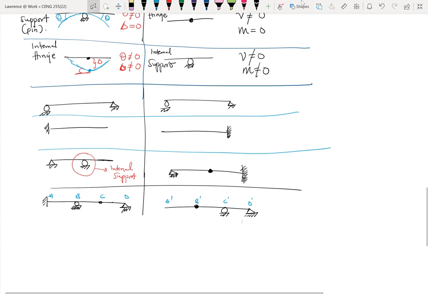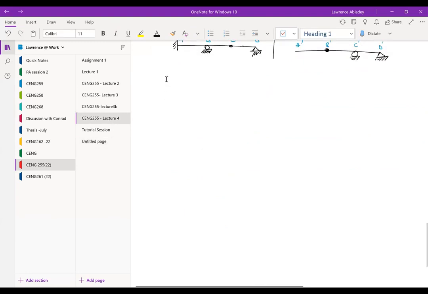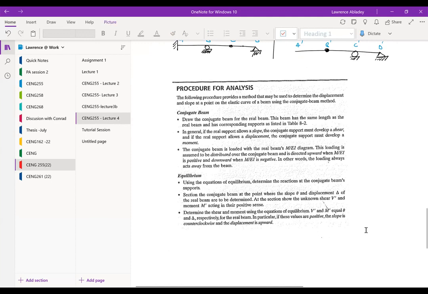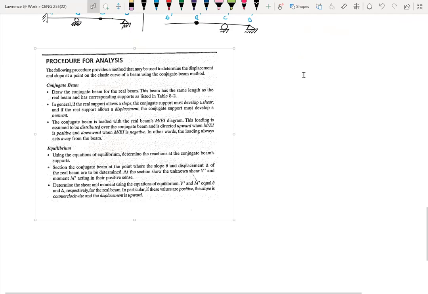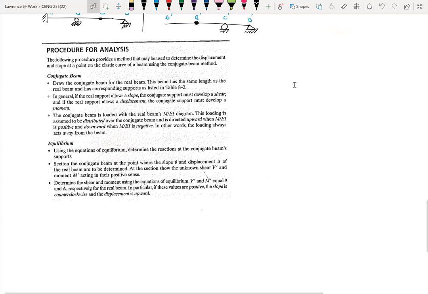So before we solve any question, let's just go through the procedure of how to analyze these things. So the procedure for analysis, we can find the same information in the Hibbeler. All right. So the procedure for analysis is that